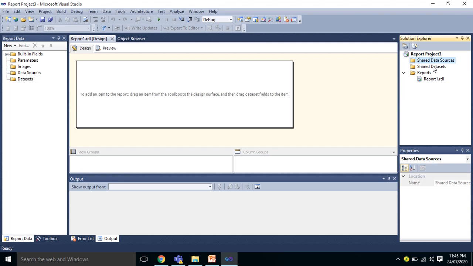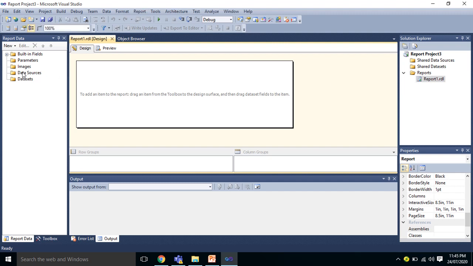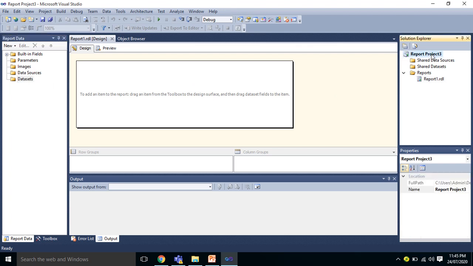And also we have to define the query there. That query is nothing but the data set. Also, if I click on report, here also in the report we can see data source and data set, and on the project level also we can see shared data source and shared data set.